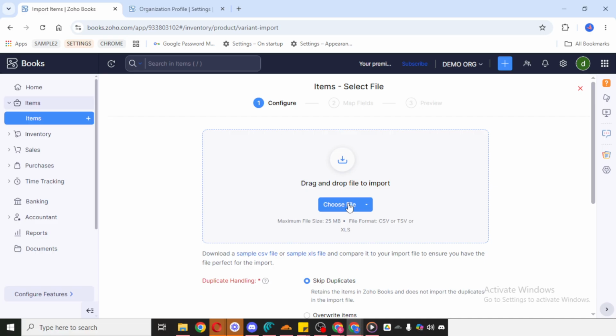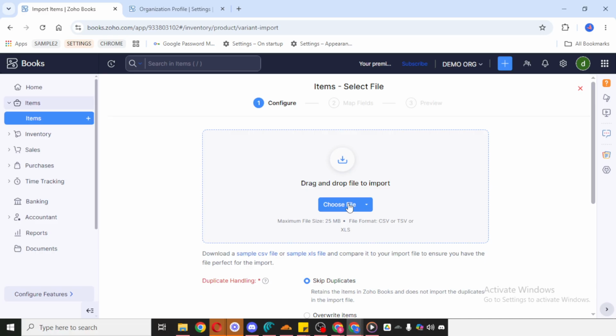After the file uploads successfully, simply follow the prompts displayed on your screen. Zoho Books will typically walk you through the remaining setup, including reviewing your file data and confirming how the information should be imported. Take your time during this part so you can catch any mismatched fields or formatting issues before finalizing the import. If something doesn't look right, pause and review the details carefully instead of rushing through. A quick review at this stage can save time later and help avoid cleanup work after the import is complete.